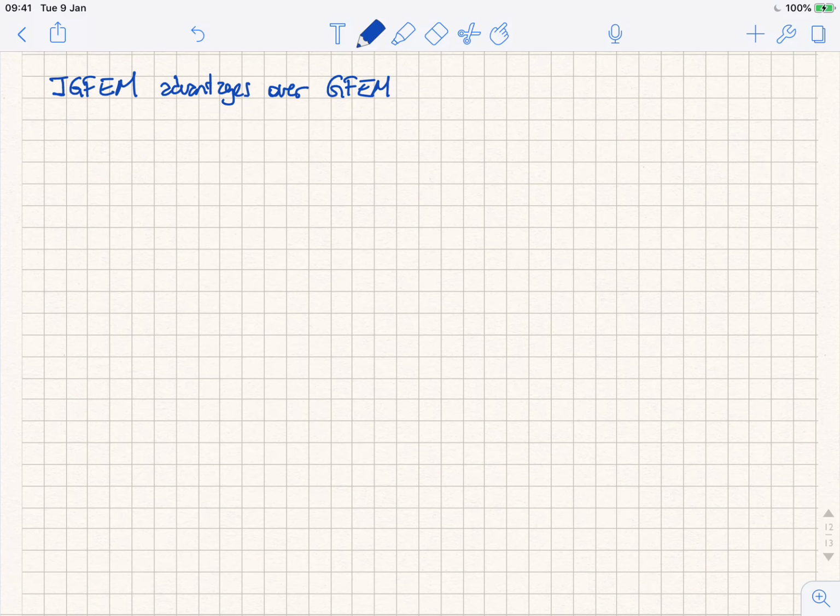What I mean by saying we are adding enriched degrees of freedom to nodes that are created along the discontinuity is not that the function is only non-zero at that location. It attains its maximum value at that location, but that function is going to be non-zero in all that cut element in IGFEM. All right. So one of the main differences with respect to GFEM is that DOFs are added to nodes along the interfaces